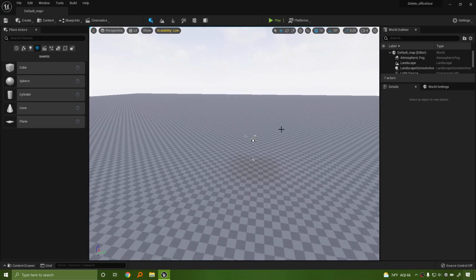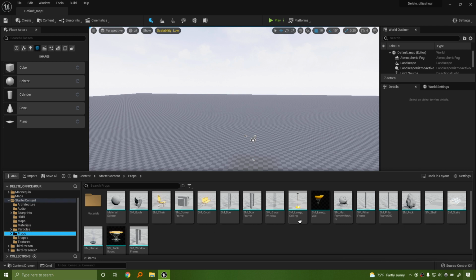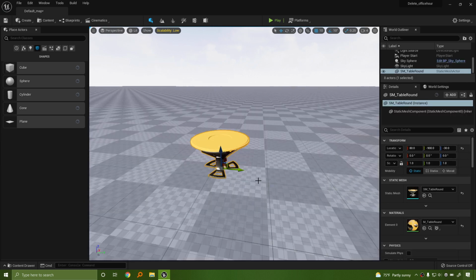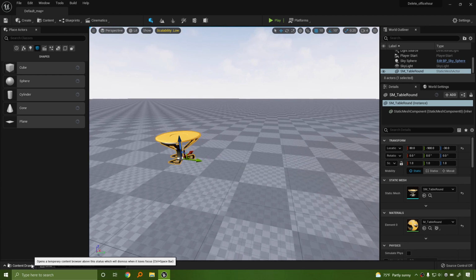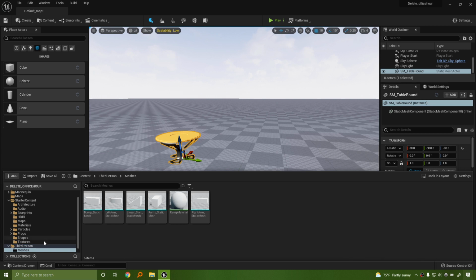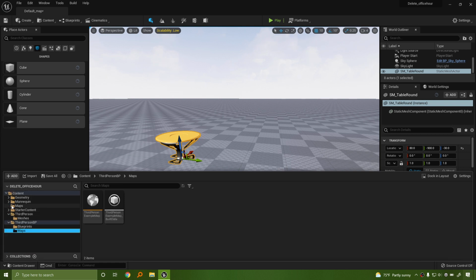So let's say, what am I going to do? I want to make a central piece so that I can build something. So let me go ahead and look and see what we have. I'm going to look at my props and see what we have. We're just going to use some placeholders here. It looks like we don't have a ton of props, and that's fine. Let me go ahead and grab the table. And since I have the third person character in here, I'm going to go ahead and grab the third person character mesh. Oh, that's the third person actual mesh, not the third person blueprints. Let me make sure I can find my third person character here. Oh, there's a mannequin right there.